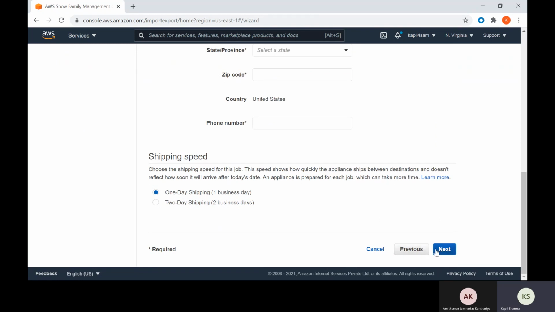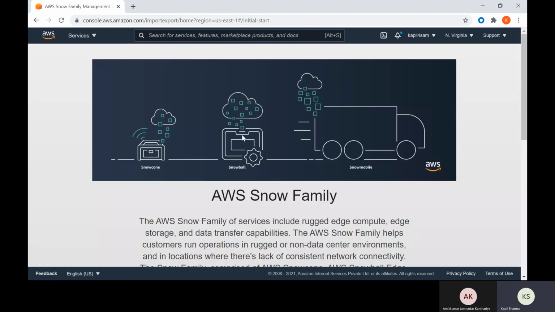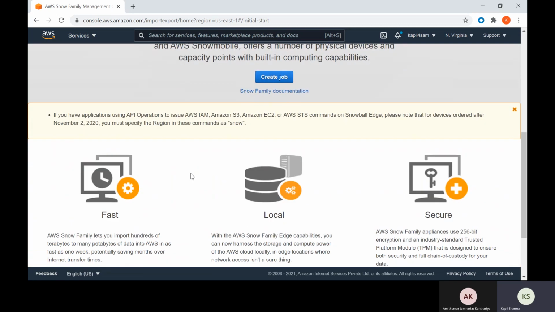Just click on that and fill in all the details, and whichever device you choose, for example Snowcone, Snowmobile, or Snowball, that device will be delivered at your doorstep. You can upload your data to the device and send it back to AWS. Once it reaches AWS, it will transfer your data to the requested bucket or requested account.